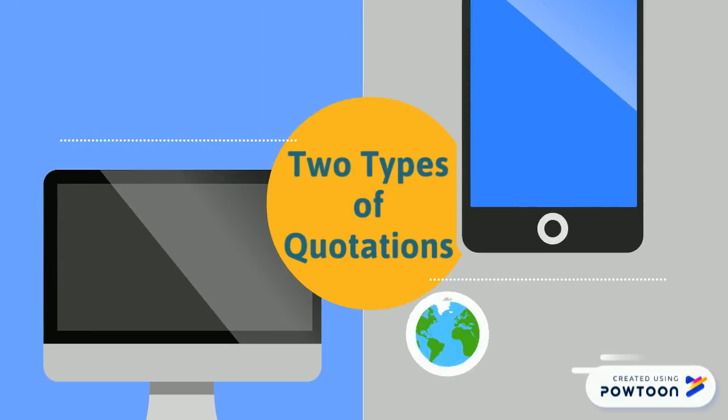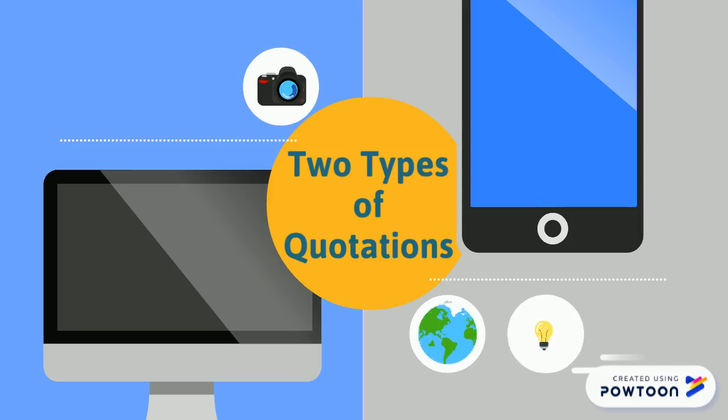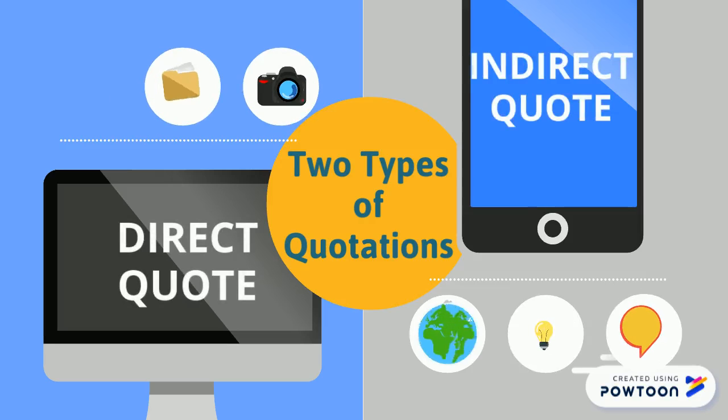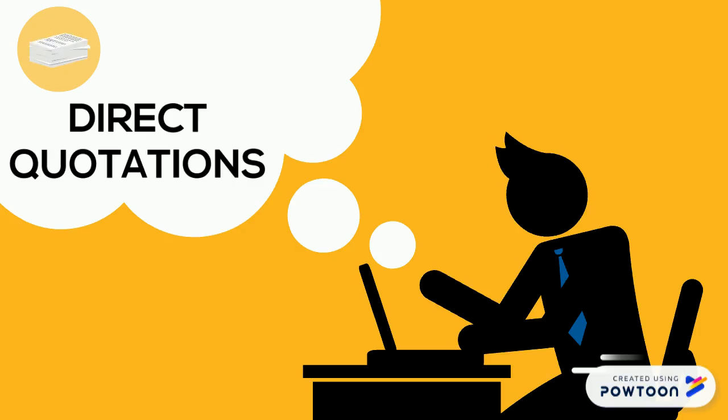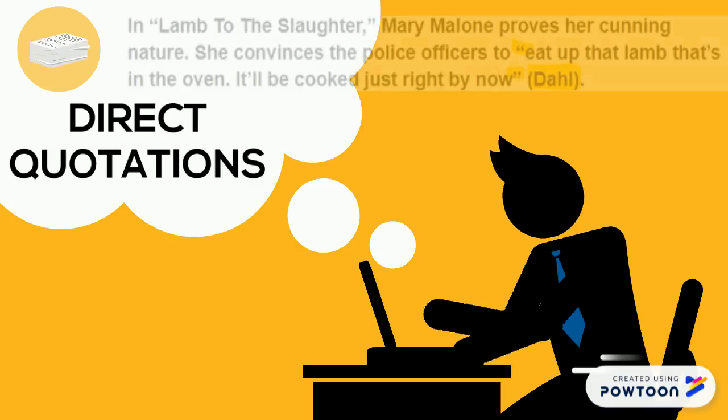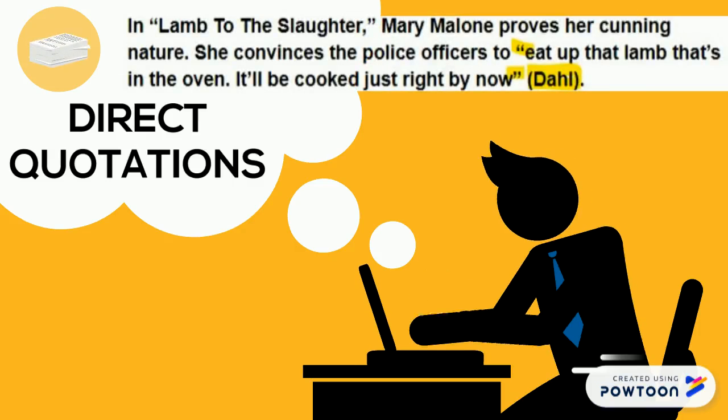When citing in APA, there are two types of quotations: direct quotations and indirect quotations. A direct quotation is when you use exact wording from a text. In this instance, you must put quotation marks around the entire quote and add an in-text citation at the end